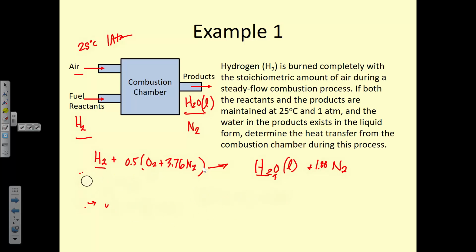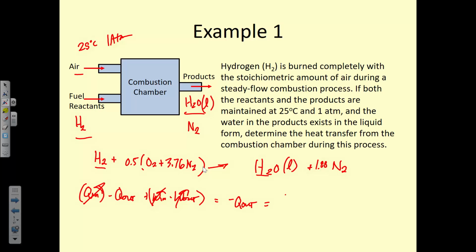Okay, so far we have balanced our equation so that we have complete combustion using the theoretical amount of air. We know our reactants and we know our products. Okay, so now we perform an energy balance, and we can jump right to the equation, or we can start with the old form, Q in minus Q out plus work in minus work out. But we'll find that we end up canceling out Q in and work out, so we just simply have a negative Q out